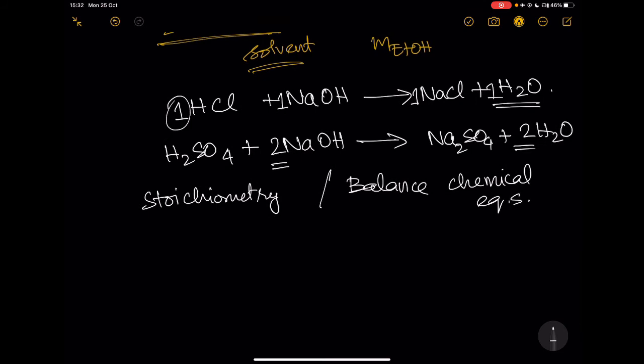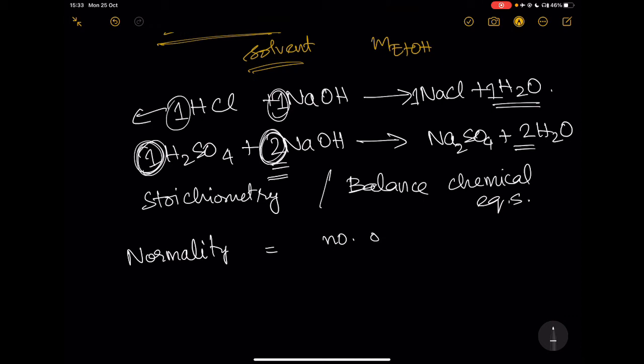So this being the case, what you're able to realize is that 1 equivalent of HCl only requires 1 equivalent of NaOH. On the other hand, 1 equivalent of sulfuric acid requires 2 equivalents of NaOH. So this becomes a little tricky, meaning that when you're preparing solutions of known concentrations, you have to be careful about how much reacts with how much of the other reagent in order to prepare them carefully. In order to alleviate this issue, the definition of normality is more helpful. Normality could be defined in a couple different ways.